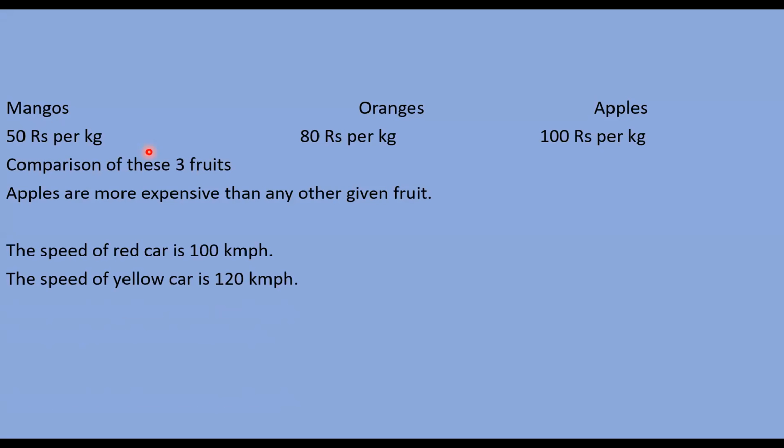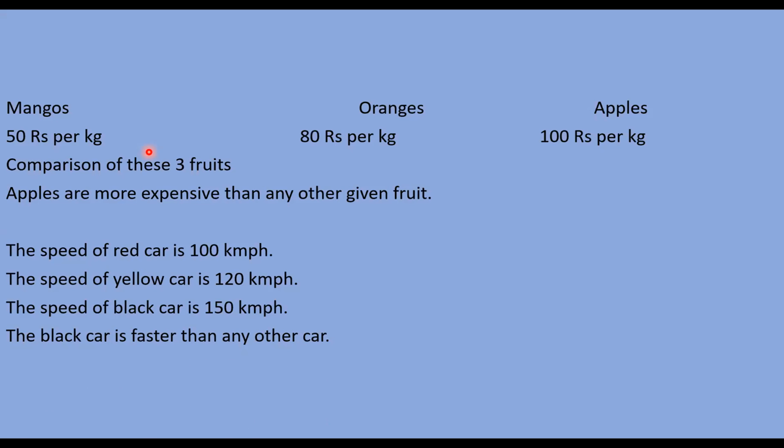Speed of red car is 100, yellow 120 and black 150. So this point you can say in two ways: the black car is faster than any other car. So dear students, basically I want to make you understand, it's quite complicated, but I want to make you clear that comparative degree we can use for two things and more than two things, and superlative you use for more